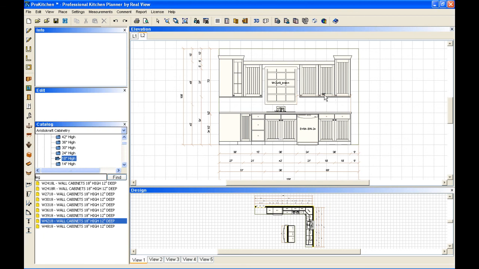Now that dimension is kind of hidden here, so if I right click on the dimension, come down, I can go to move, and I can drag that dimension down to where it shows me. Right click on it again,